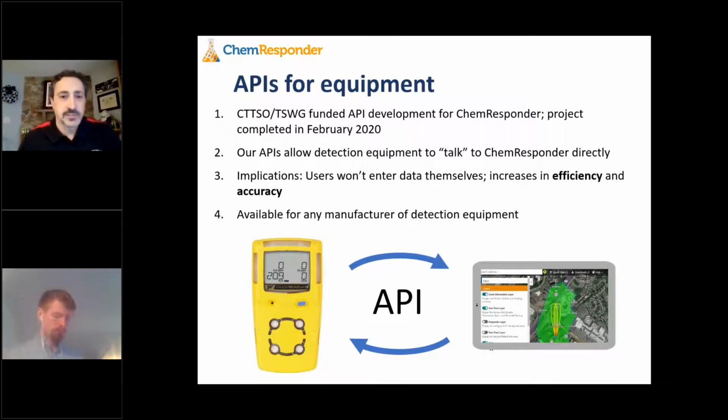APIs for equipment. So I touched on this a little bit briefly earlier. We worked with the technical support working group out of DoD. This API development allows us to create generic APIs, so that manufacturers of different chemical detection equipment can have their equipment talk to these APIs, and data from responders out in the field that's being collected can be telemetered directly to the mobile device and then uploaded to the website without having to hand jam any type of data into the system